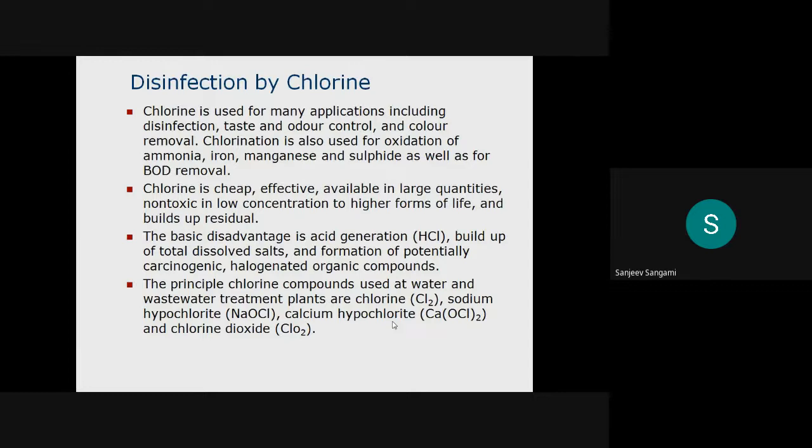Sometimes it is added in the form of chlorine dioxide, which is also in gaseous form. Sometimes it will be in the form of sodium hypochlorite. All these things we will discuss: how exactly the chlorine will be added, how the residual chlorine is determined in the laboratory. It is there in the laboratory experiment also, and we are doing it in our laboratory. How exactly it is reactive, how the pathogens are killed, what the mechanism is, and once you add chlorine to water containing the pathogens, how it will start. All these things we will discuss in the next class.